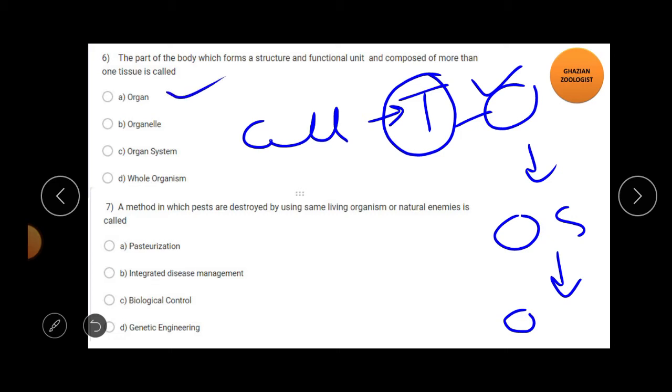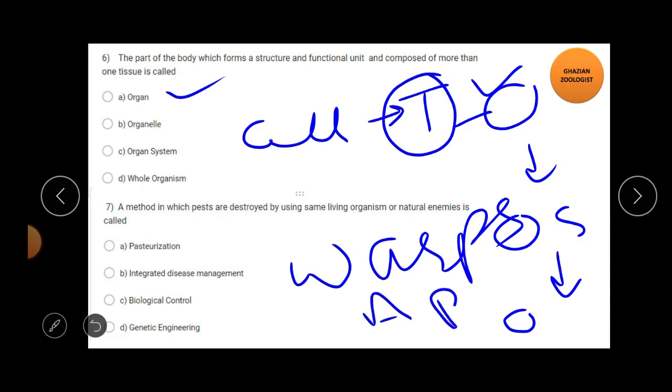A method in which pests are destroyed by using living organisms or natural enemies. There are different living organisms which kill other living organisms that are harmful to our crops. For example, aphids and wasps: the wasp eats the aphids. When one living organism kills or destroys the other organism, then this condition is called